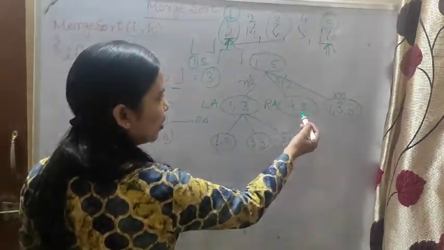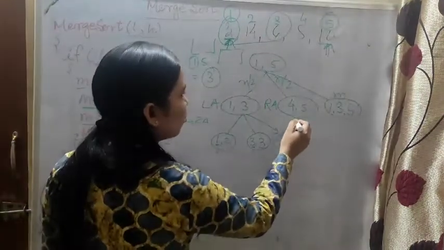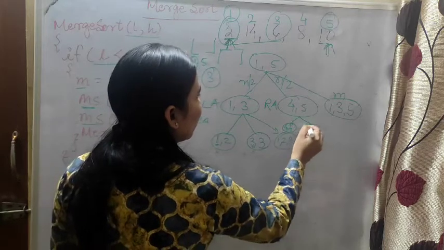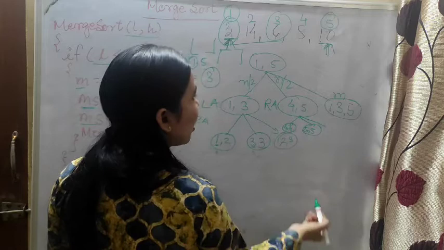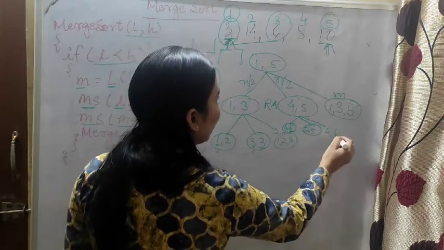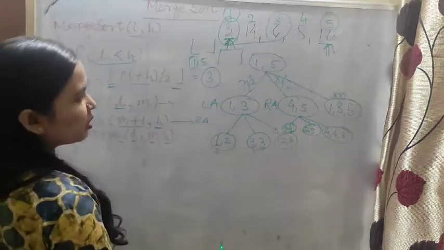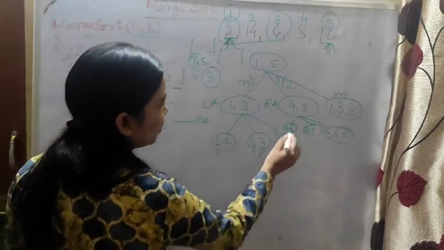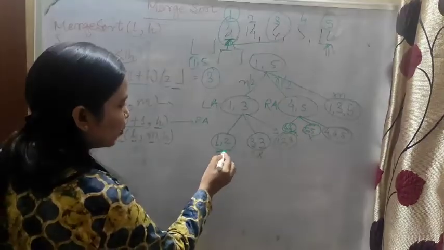Now this one we can, yes, 4, 5, 2 elements are given. 2 divided by 2 is 1. That means what will come? First merge sort 4 to 4, then right merge sort 5 to 5, because only one number is there, and then merging with the first element, middle element and last element. Again, which one can we split? 3 to 3 we can't split, 4 to 4 can't split, 5 to 5 also can't. Only this part we can split.